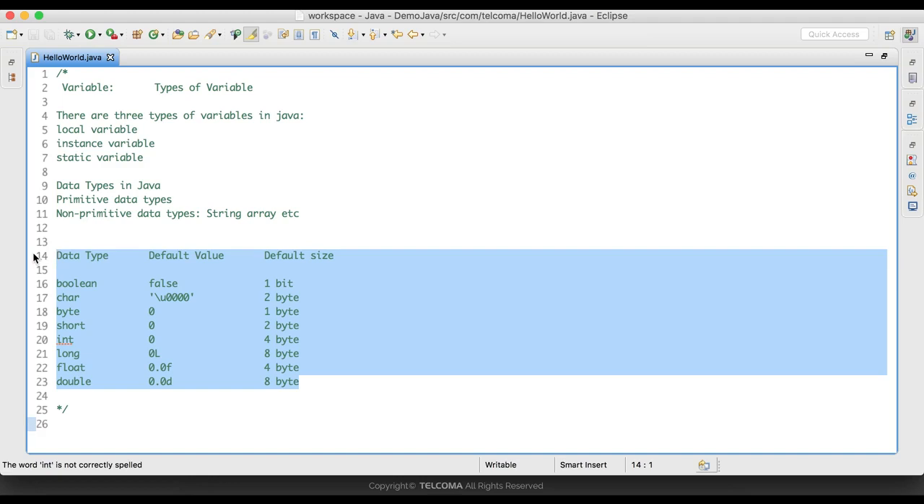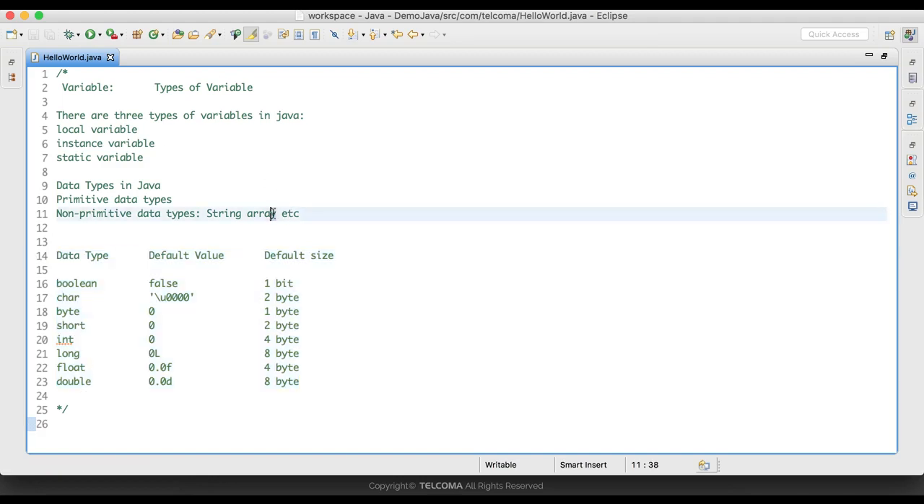And non-primitive data types are string and array. String is a collection of characters, and array is the collection of similar types of data. We will cover this topic in detail. So today in this session we have covered what are variables, different types of variables, what are data types, different